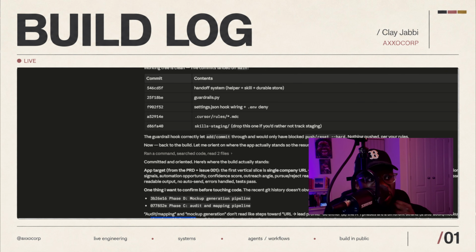So it's asking me which thread it should resume, and yeah, I want to go down option 2, which is this. So I want to continue